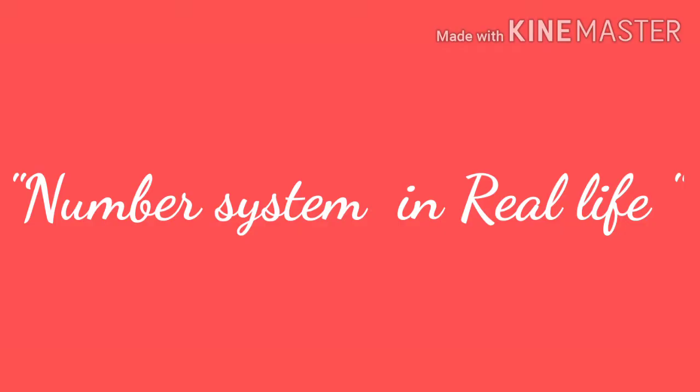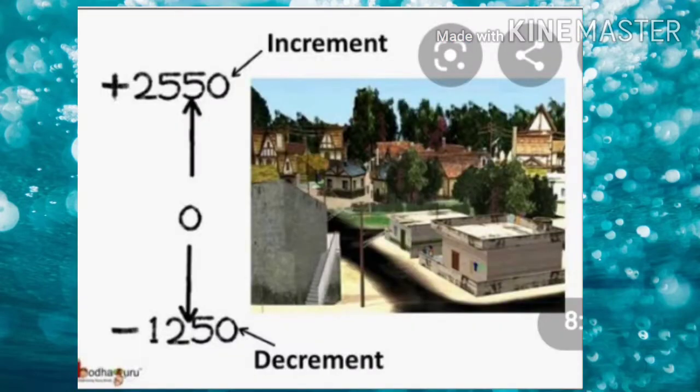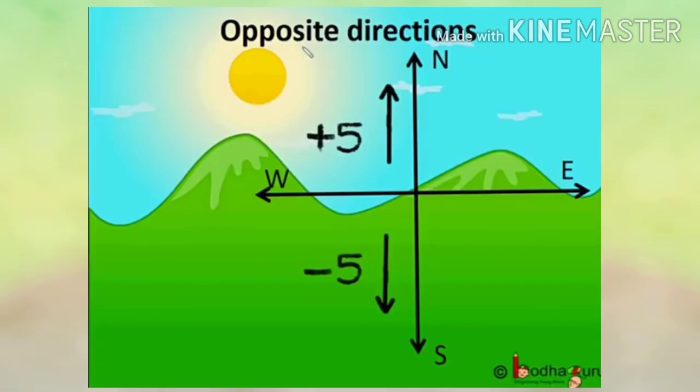Let's see some examples of integers in real life, how the positive integers and negative integers occur. We are using integers in representing the population in a town. Let us represent the population increase as a positive integer and the population decrease as a negative integer. Now coming to the directions, a boy went 5 steps in north direction, another boy went 5 steps in south direction. So let us assume that north as positive integer and south as negative integer, because we know that north and south are opposite to each other.